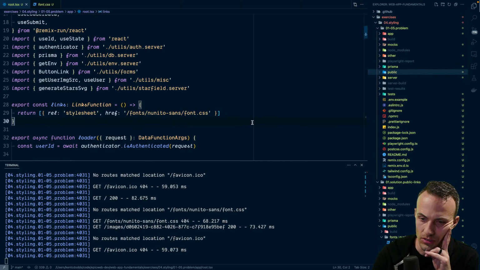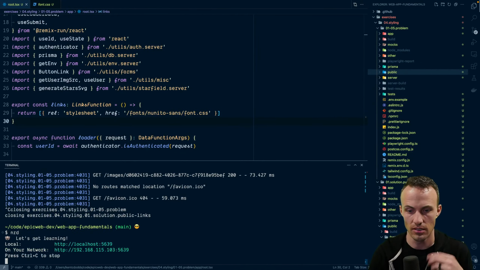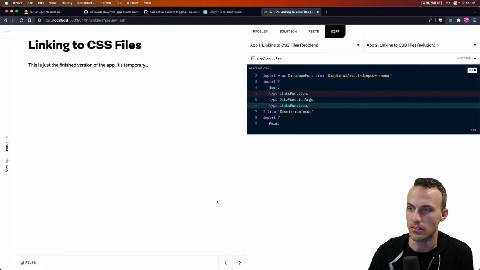I'm not sure what is going wrong. No routes matched. Yeah, no routes are supposed to match. No routes match favicon. Huh. Well, I think maybe let's try and restart the server and just see. See, now this is closed.